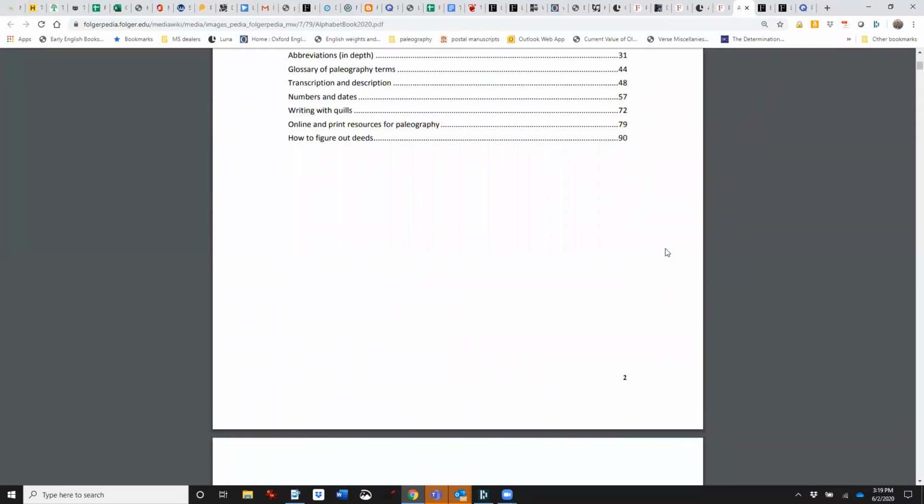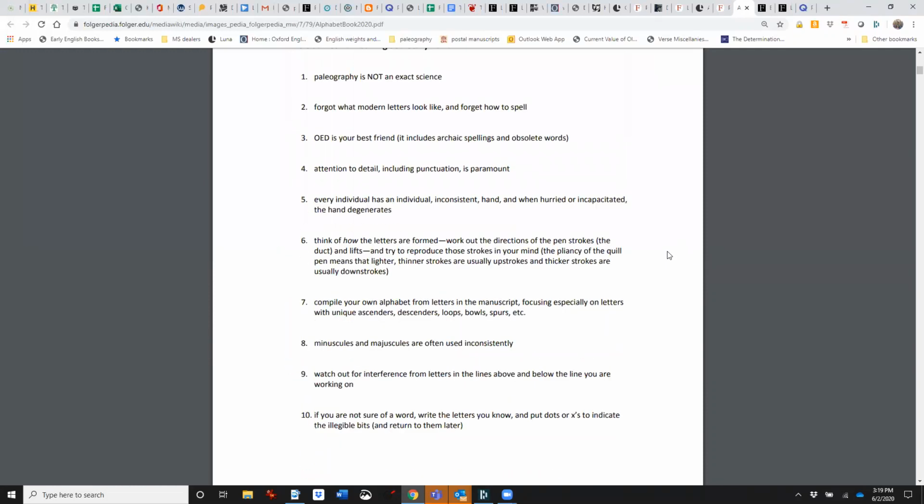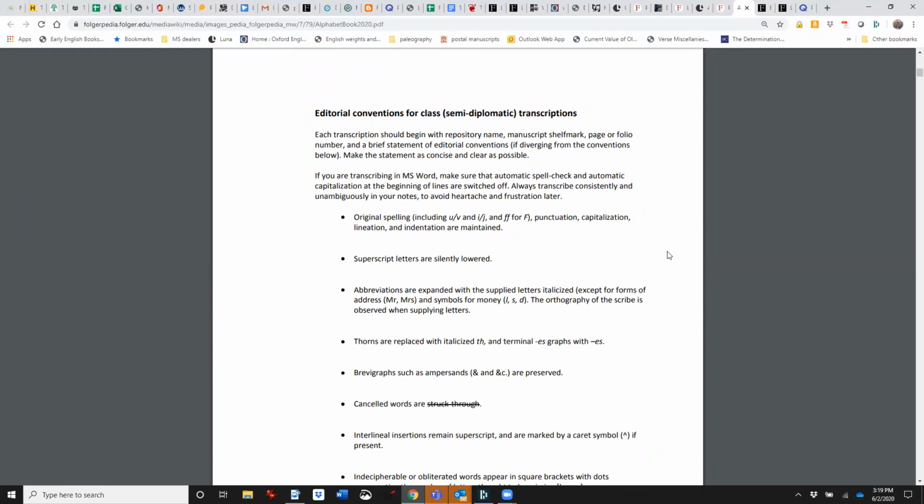This is what I use for the month-long, the week-long practical paleography, but it's here for you to use as well. Some of the material may be in copyright. I've cut and pasted from various books and other things, and I've cited them, but this is not a published work. It's sort of an online tool for you to use.